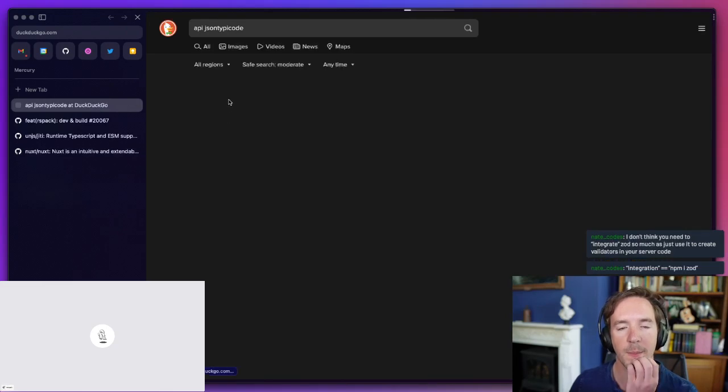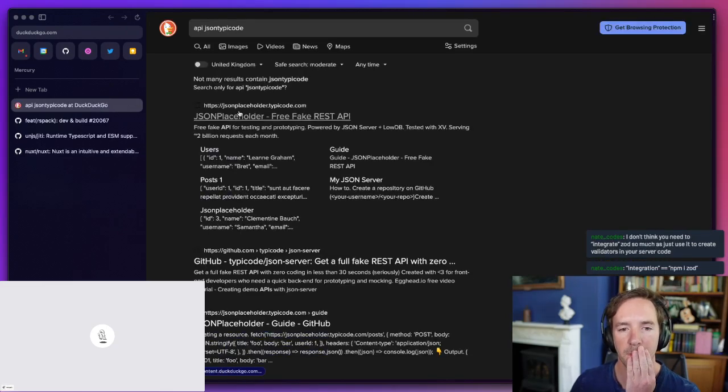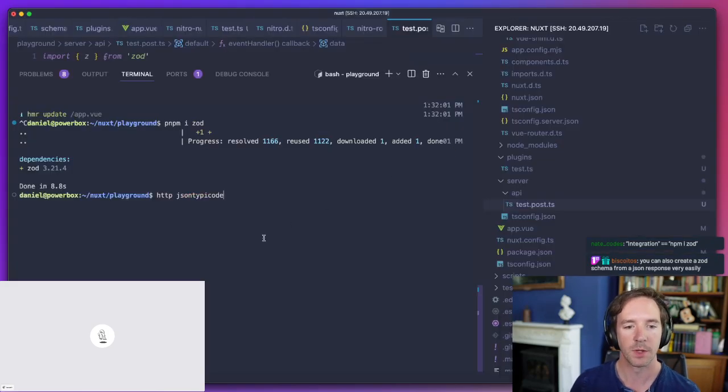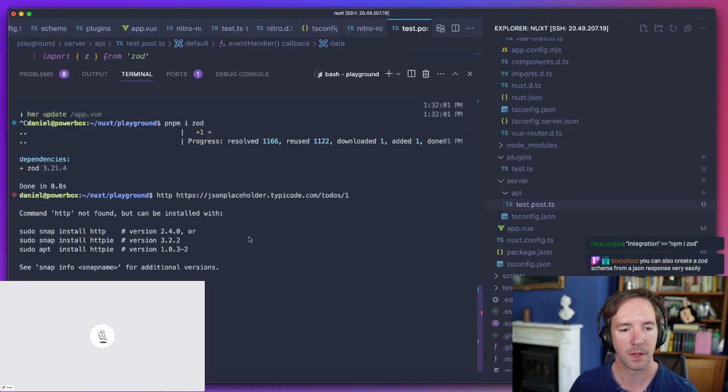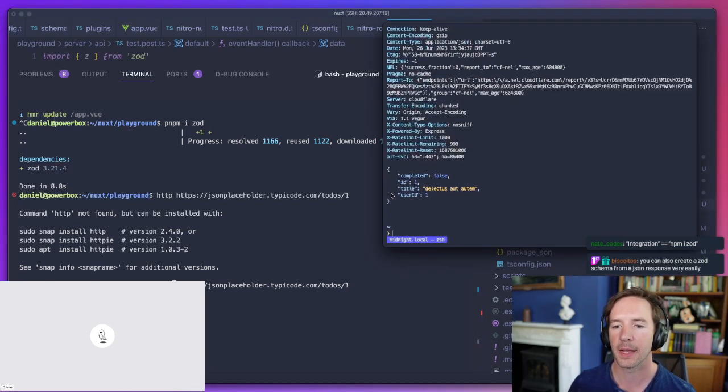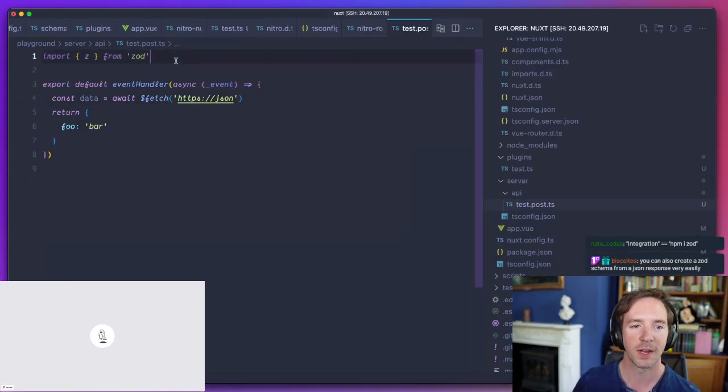So you've got some API endpoint, and you hit one of those endpoints, like todos, and we would do something like this, and get back a todo.